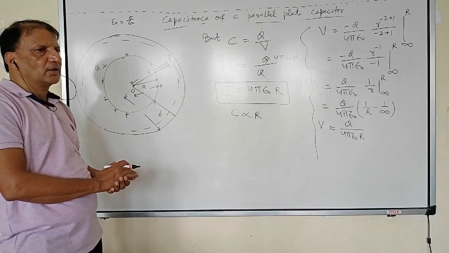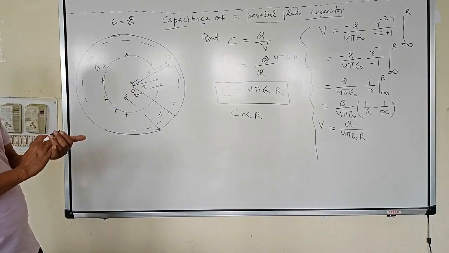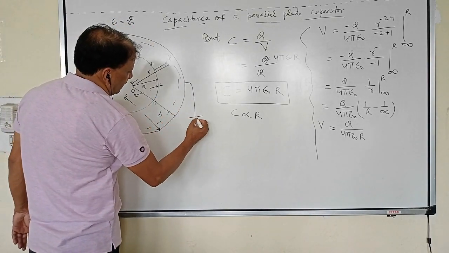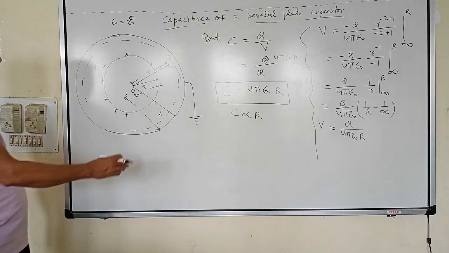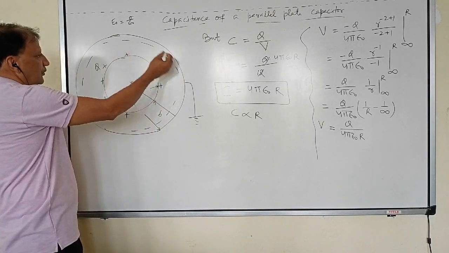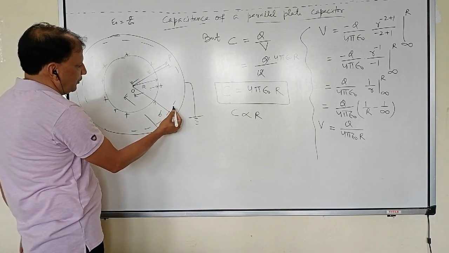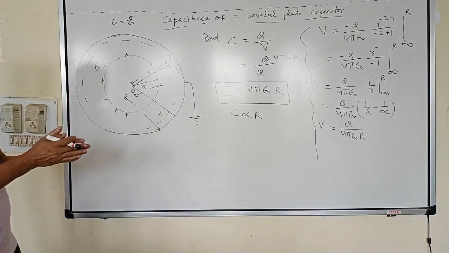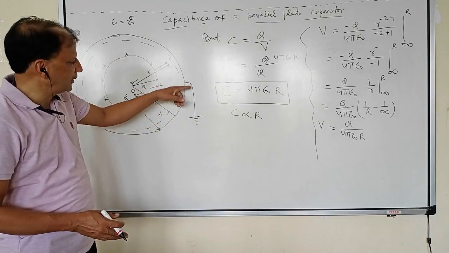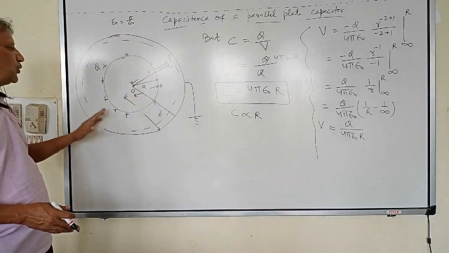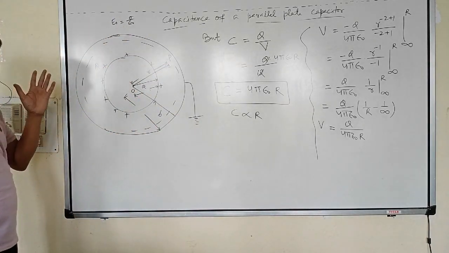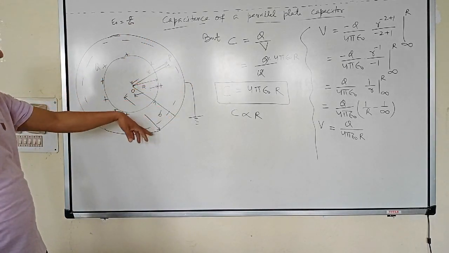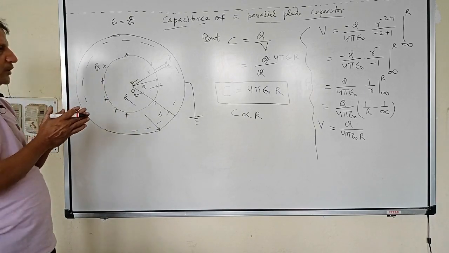That is the case of a spherical capacitor where we have to find the capacitance where there are two plates, plus and minus, and more precisely the outer one is earth. This is plus sign, minus sign will be induced in the other one. Minus sign will be induced due to this positive charge, here will be negative charge, and outside this, according to neutrality of charge, there will be positive charge, and this is earth, so the positive charge disappears. So there are two plates, these are spherical in shape, that's why the name is spherical capacitor. In that particular case, you have to find the value of capacitance or expression for the capacitor. So what to do? This I have derived for a particular case.